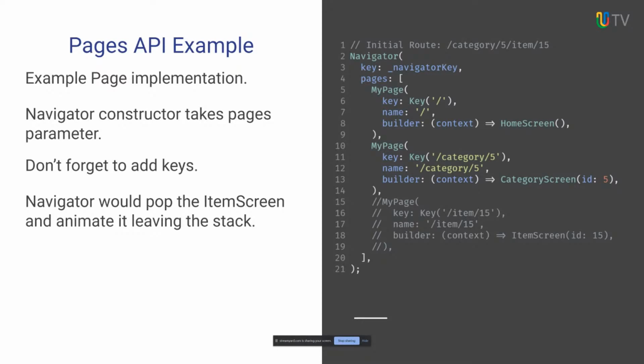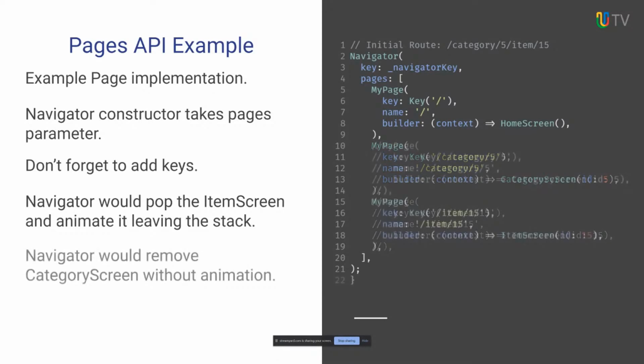The key thing that we can now do, because we have control of this history, because we have control of the stack, we can do something like this, where we comment out, in this case, or remove from our list a widget, let's say for category in this instance, and it would remove that screen that's behind the current one without any animation taking place, right? Now you could do this with the old one, but you'd have to keep a reference to the route.